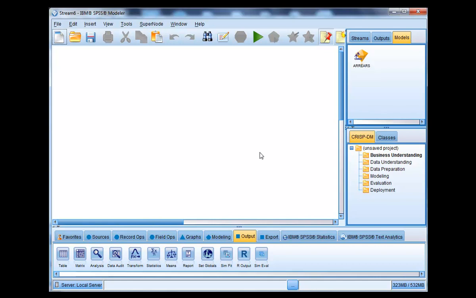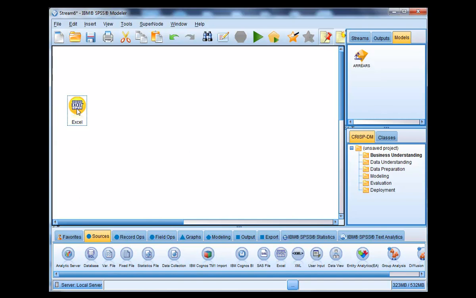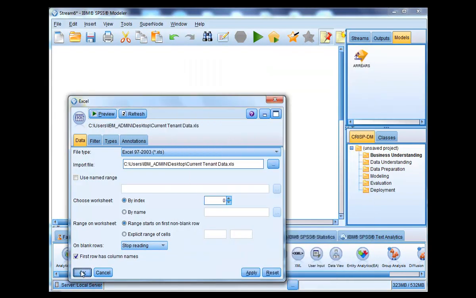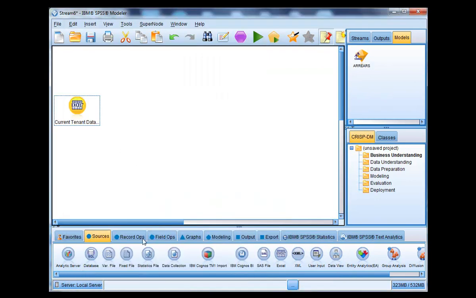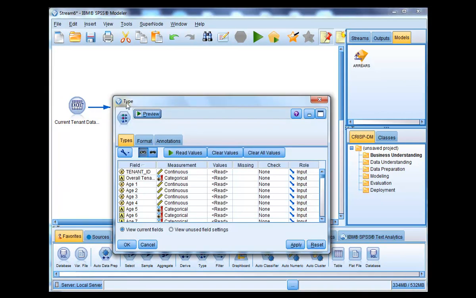So we've got our model, we're happy that it's accurately predicting who's going to fall into arrears, and so we now want to score our current tenants to see who we should be targeting with our preventative measures going forward. So we're going to bring in our data on our current tenants from an Excel file and load this in as we did previously, and then we're going to again tell the software what we're looking at by using a type node, what we're going to be using as inputs